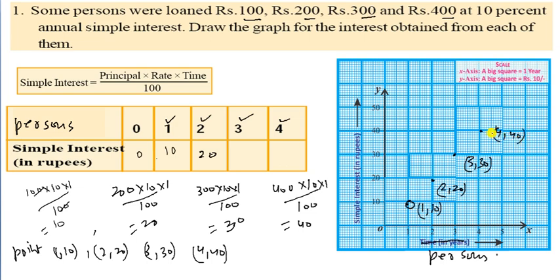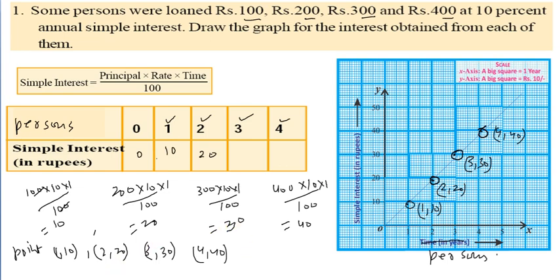Now draw a line with the help of a scale. You can draw like this with the help of a line, and now plot the round also here, because a point is missing here. So you can plot the graph like this. It is a very important and very simple way to draw the graph.